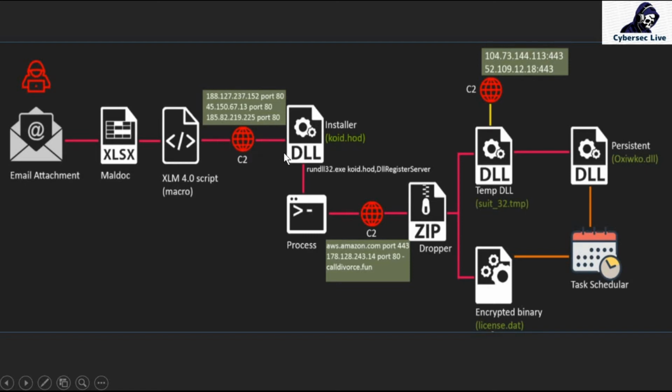After this, what will happen? It will start changing the registry, wherever it wants to change or modify, because after installation, definitely there will be some changes in the registry. Then the process, and then again it will connect to the C2 server. Why will it connect to the C2 server again? Because it will drop some other malware too.